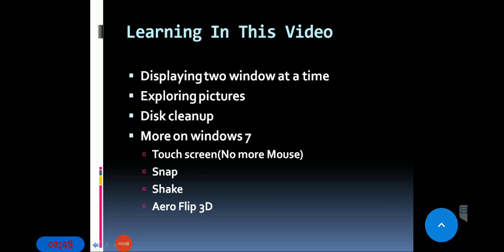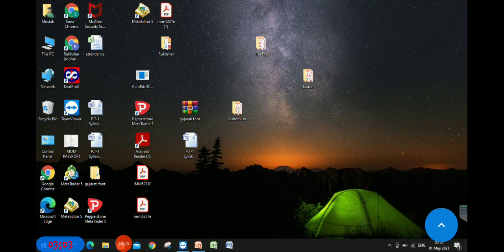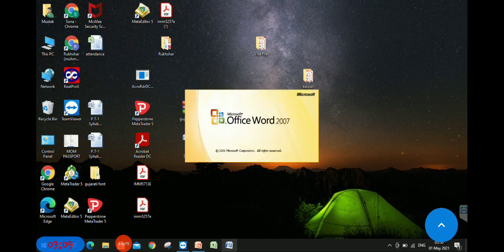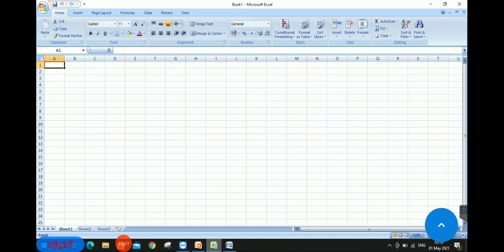Okay, so students, let's begin with the first topic, displaying two windows at a time. Here, I'm opening two windows, like Microsoft Word, from the taskbar. Some data is in Microsoft Excel, so I'm opening Microsoft Excel also.